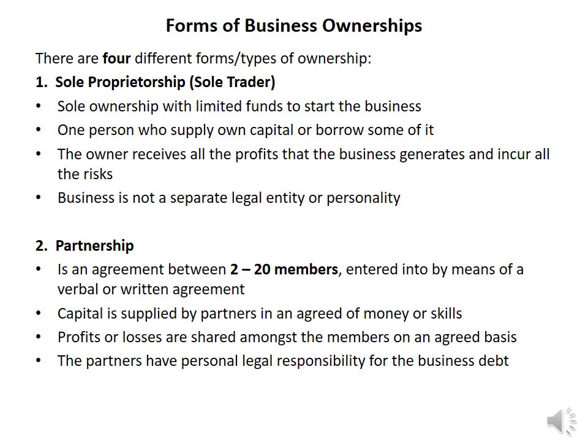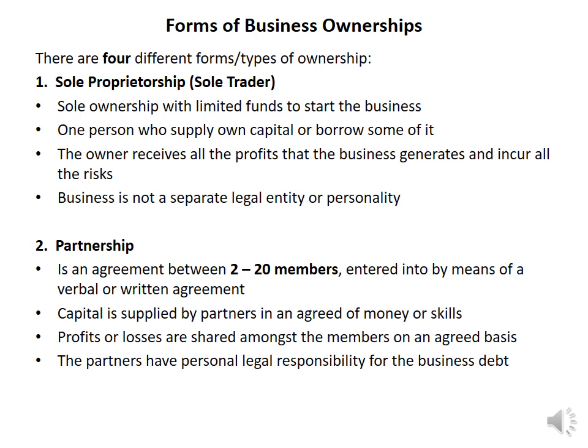When we look at the forms of ownership, there are 4 different forms or types of ownership. There is a sole proprietor, which is a sole trader. There is a partnership. There is a company, and there is a closed corporation. The sole trader, which is a sole proprietorship,